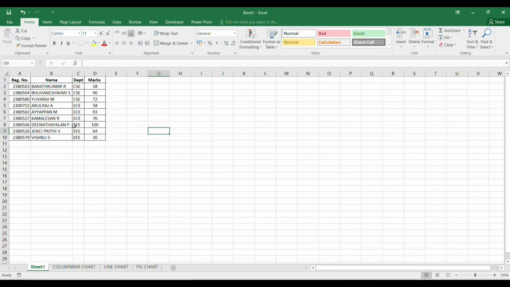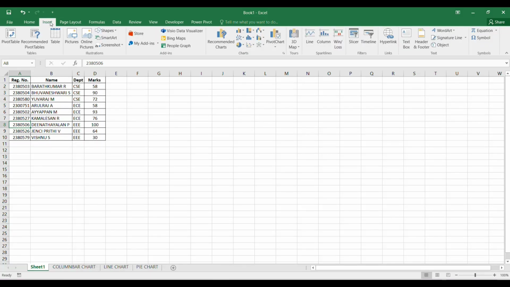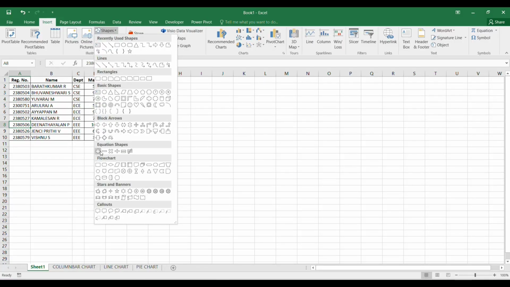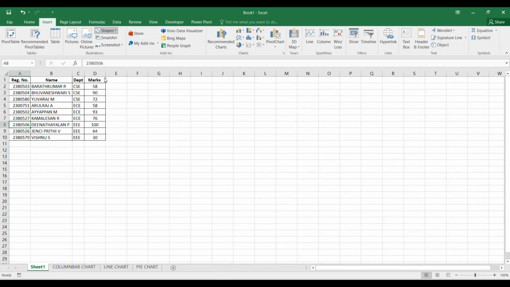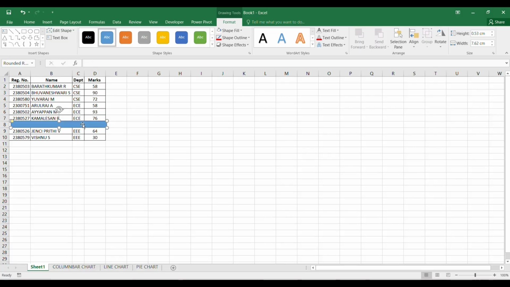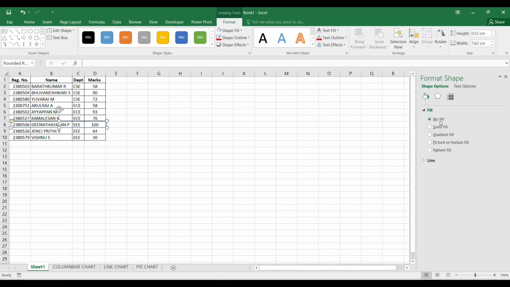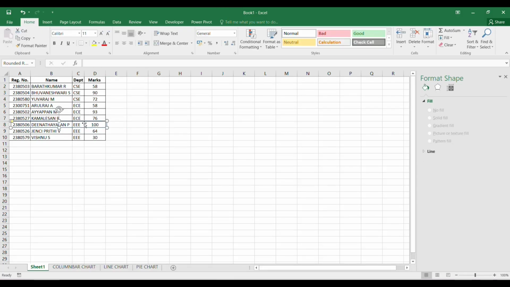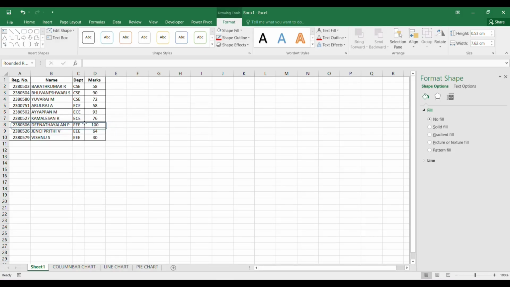Suppose we have a student mark sheet and we want to highlight the topper's mark. First, go to the Insert tab on the ribbon, then click on Shapes. A list of shapes appears including rectangle, circle, arrows, lines, etc. Now I select a rectangle shape, then click and drag the mouse on the worksheet to draw the rectangle around the topper's mark. Excel allows us to change the shape color, add a border, or resize or move the shape anywhere